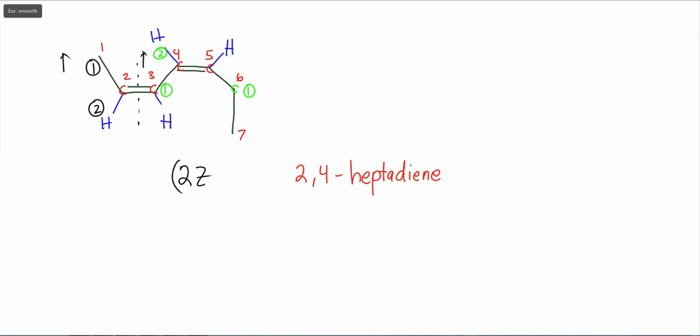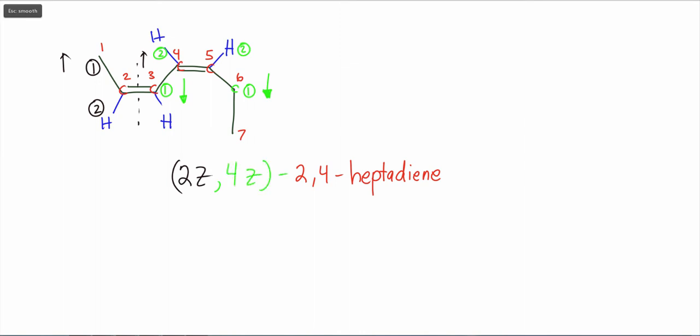And this hydrogen is going to be priority 2. So both priority 1s are projected on the same side of the double bond. Just keep in mind that this is flat. If I stand this molecule up, then it would be going down. But they are on the same side of the double bond. So that's going to give me